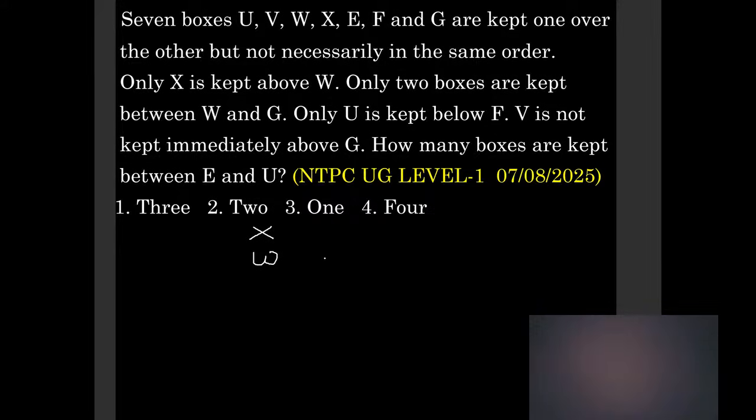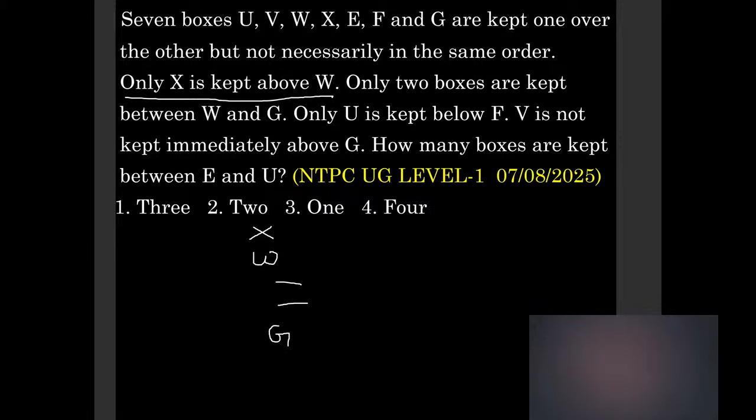only two boxes are kept between W and G. So here this is one box and this is another box. We can directly take G here because there are two boxes between G and W. We cannot take G above W, because if you take G above W, then the sentence 'only X is kept above W' goes wrong. So that's why you should take G below W only. Next,